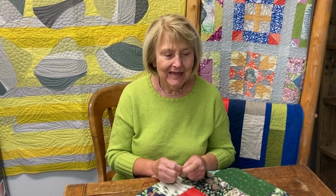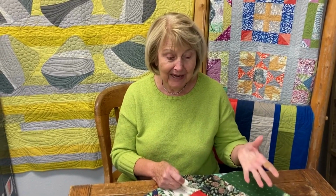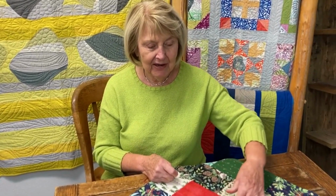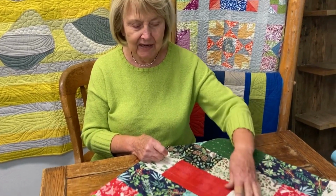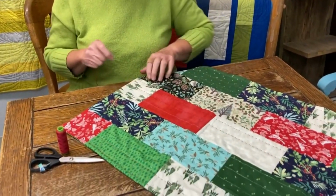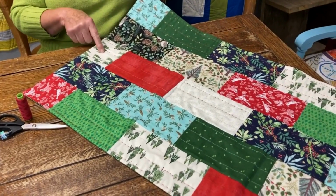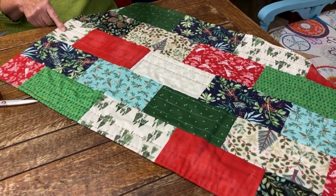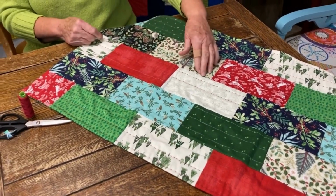Last spring, my oldest granddaughter was going to be graduating from high school, and I wanted to make her a quilt. She doesn't necessarily like traditional designs, so I came up with this idea. The finished size on this is a 4x8 rectangle, and then every other line you have a 4x4 square at each end, so it offsets them from each